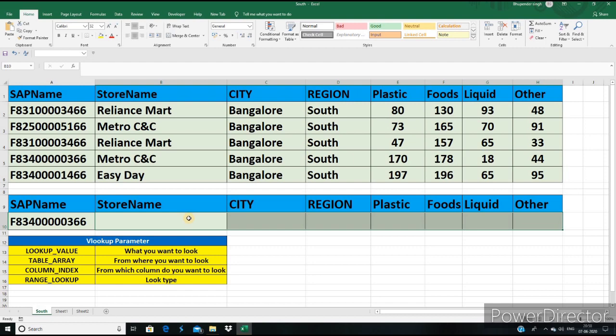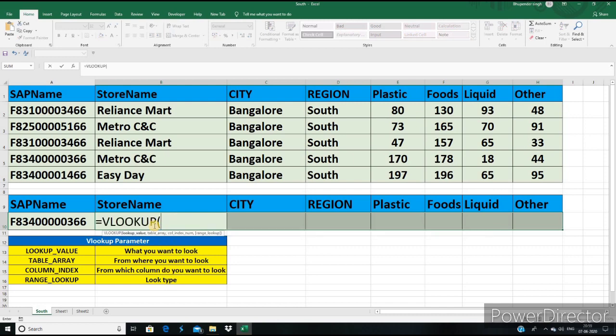In my case I want to paste my answer in B10 to H10. In the ninth row we have all the column headings, so we want our answer in the 10th row under every column heading. For this we select the complete area from B10 to H10, type the equal sign, type VLOOKUP.